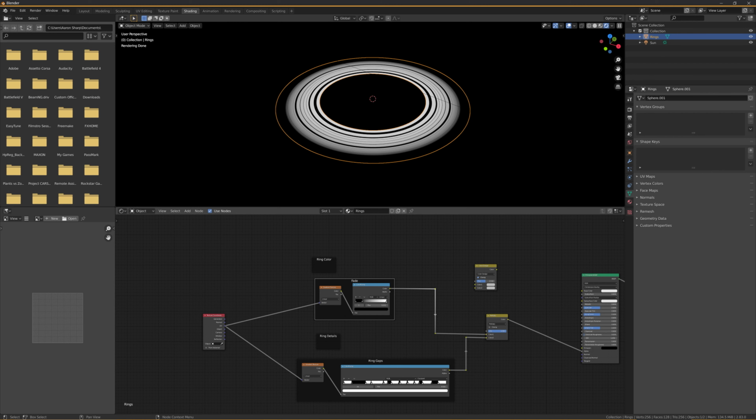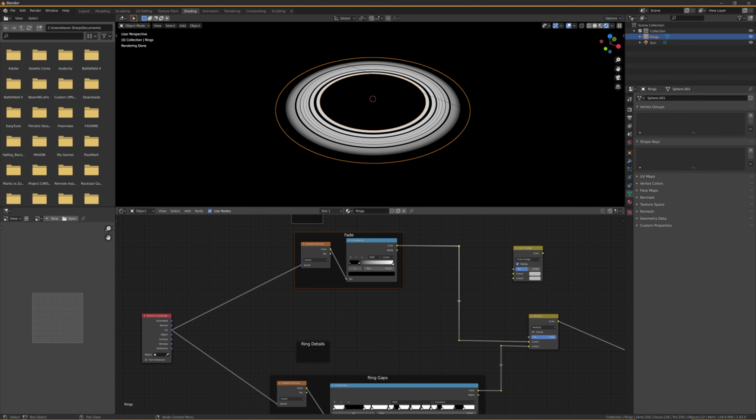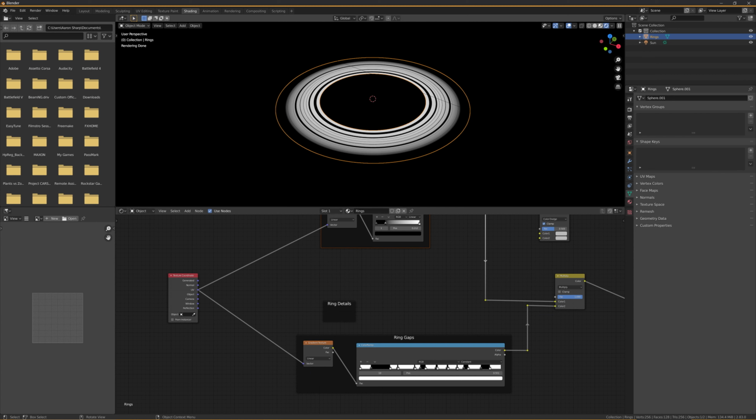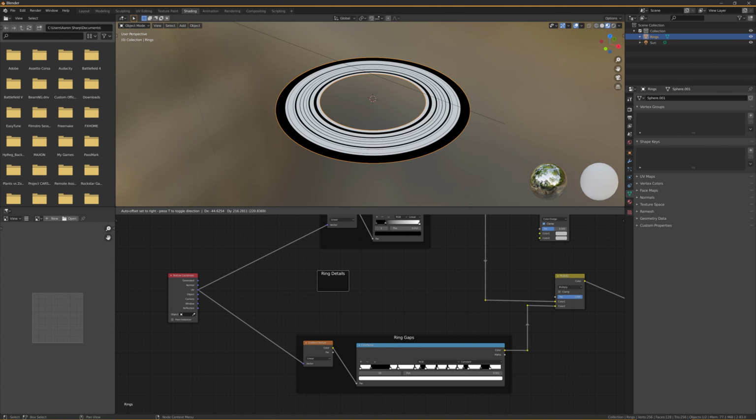Yeah, that's gonna be the next one. Sorry, just trying to figure out which part I want to do next. Because it really doesn't matter, but it's nice to figure it out. You just bring these ring details up, and you're gonna want a mapping node because you want to control